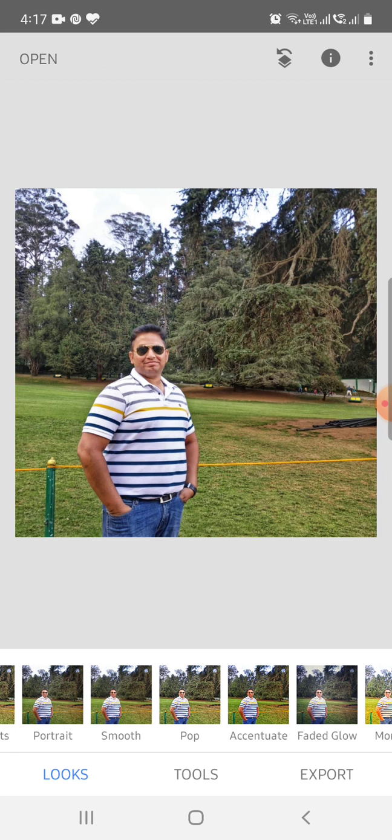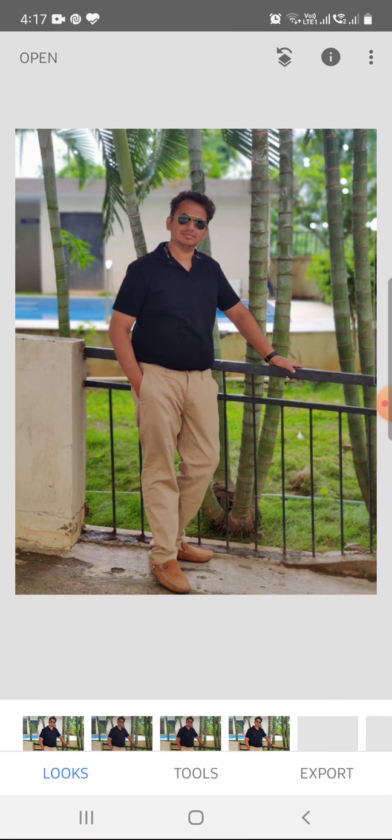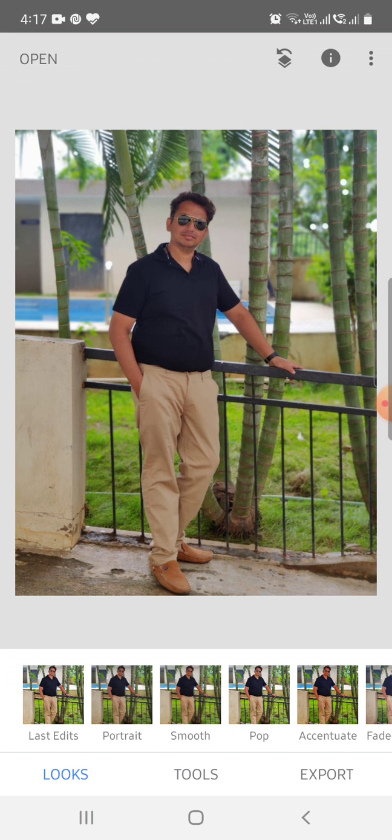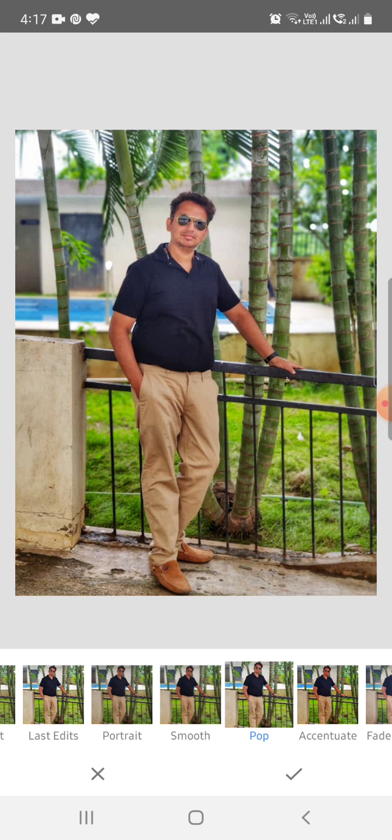So the before photo's quality has now been improved and it has been saved in the gallery, right? Then further to that I also need the after image, right? The after image also has to be selected for improving the quality. So this is the raw image which I have received from the client. So I go to pop. This is where the quality of the image increases.